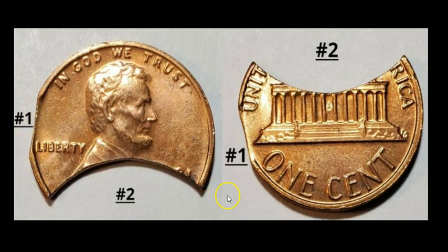And then you also have the requisite Blakesley effect, which is just a little bit of flattening on the opposite edge rim. Okay, so you have this one here, this one there. Not so much, but it is legit. This coin right here sold for